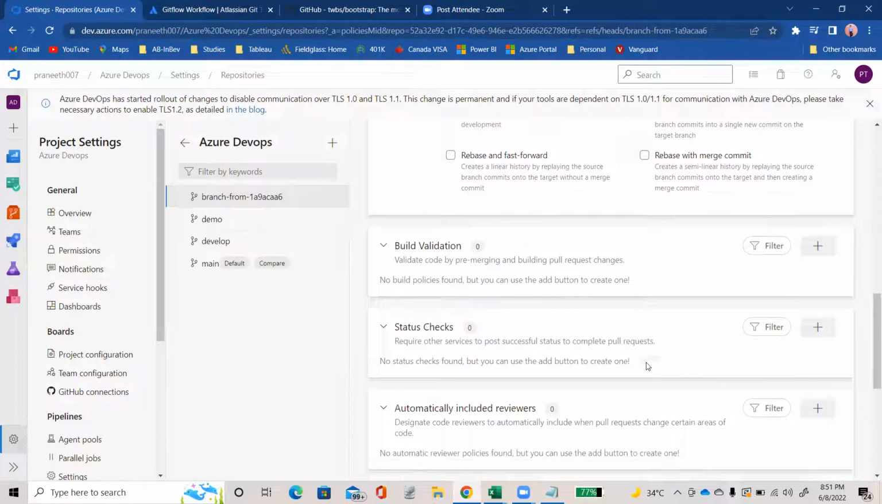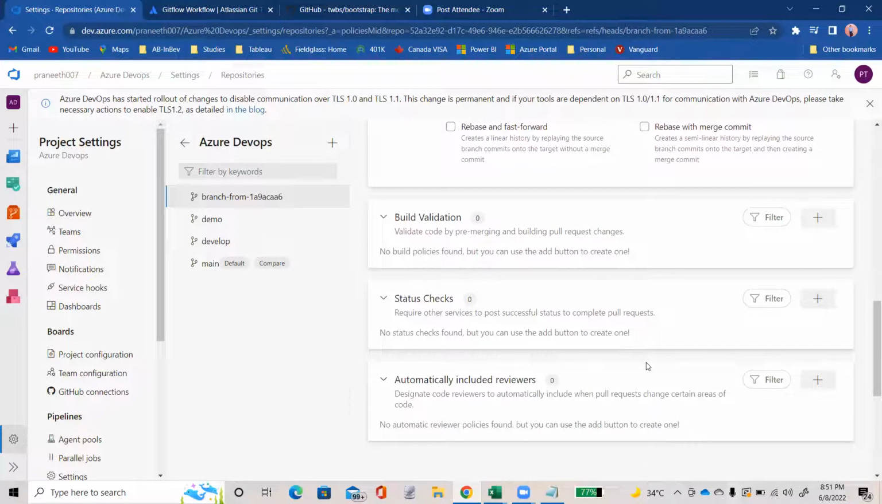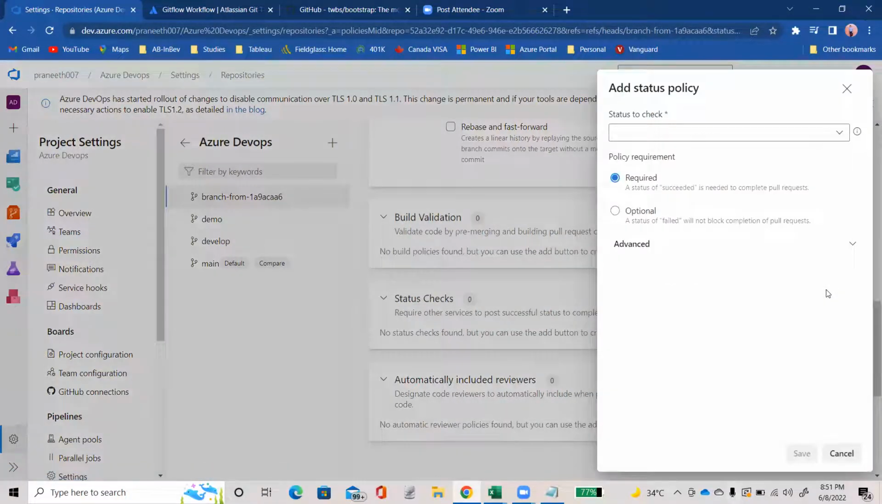Scroll down, you have the status check, and as you see, it is telling you to require other services to post a successful status to complete the pull requests. So what is the status check? Can you please click on the plus button here? Okay, status to check, can you click on the drop down? Okay, so you don't have any drop down here, but what the status check does is this: